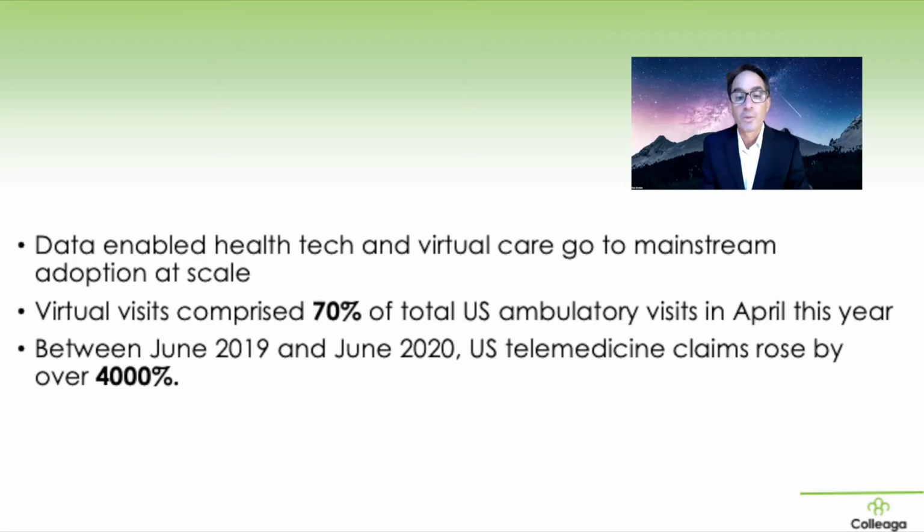Let's get into the meat of our design challenge. Over the past few months, as COVID-19 has nearly shut down our health systems, we've seen that data-enabled health tech,